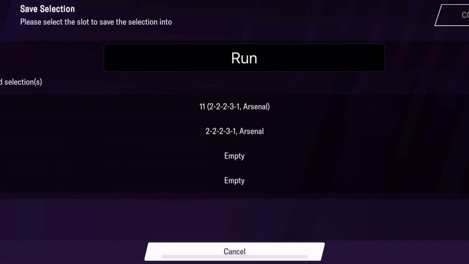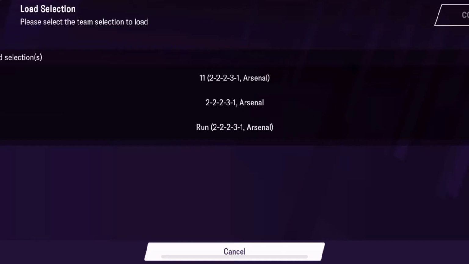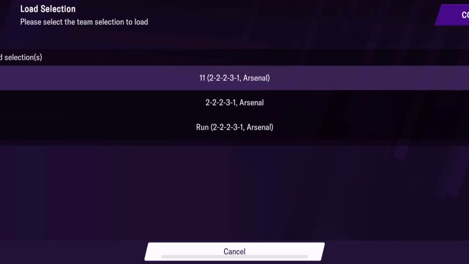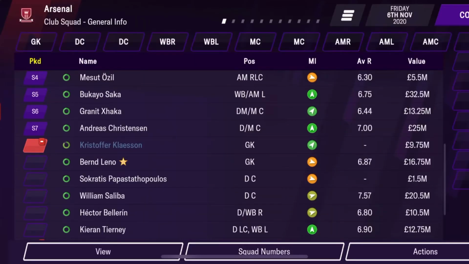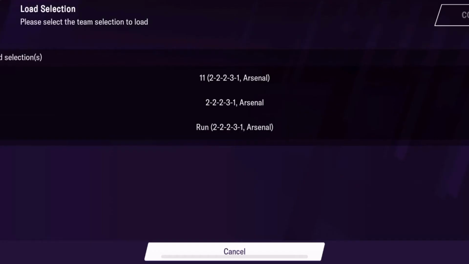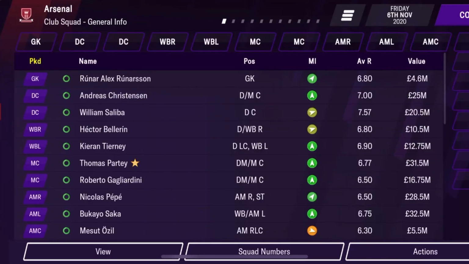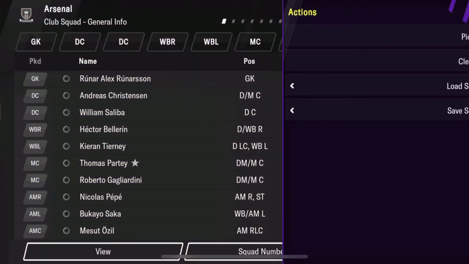Third slot, confirm, and now I have 3 teams. As I put the Europa team in, all right, Mustafi, Gabriel, Conte, load selection. Now my Runnerson Premier League team. So now I got Runnerson, Christensen, Tierney, Partey, and so forth. You'll find this tool very, very useful when you're going between competitions and you don't have to change 18 players